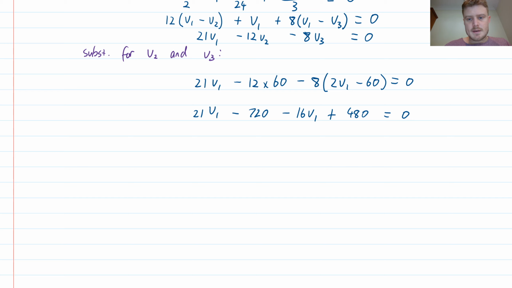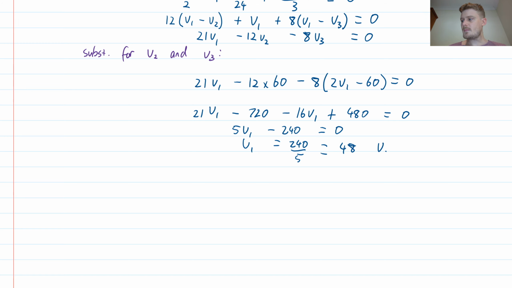The V1 terms will leave me with 5 V1, and then negative 720 plus 480 is minus 240. So V1 is 240 divided by 5, which is 48